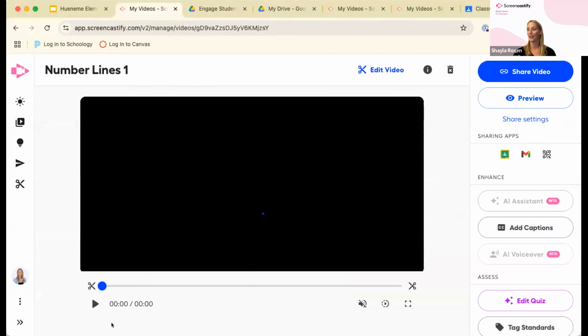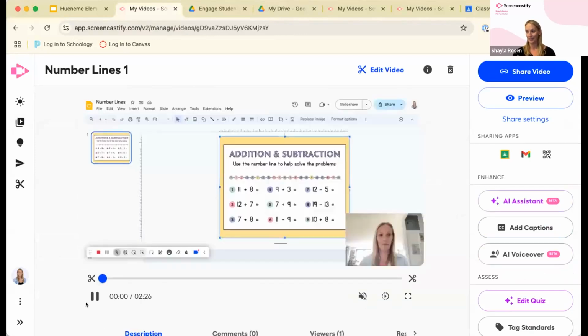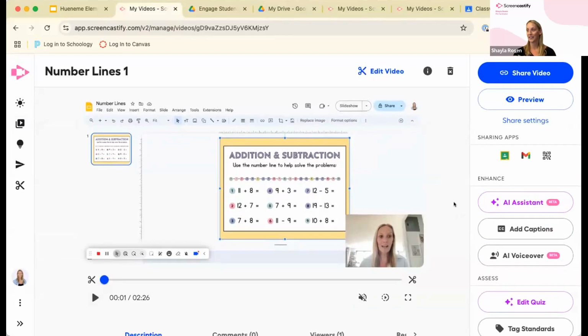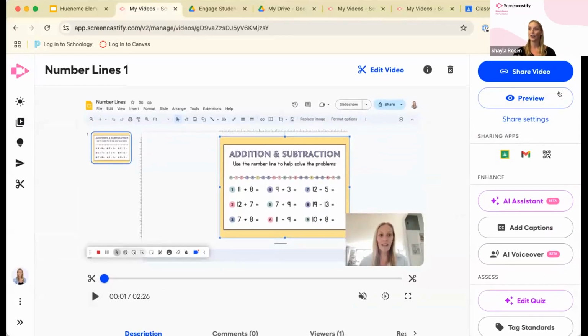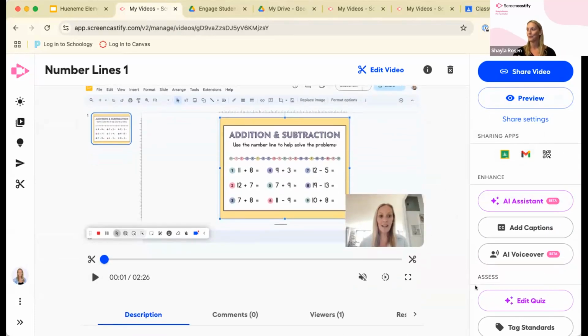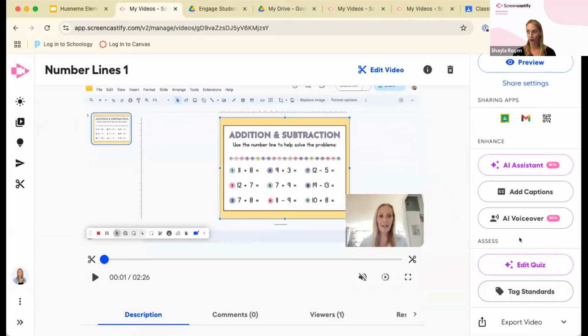So we're going to open a video I have that is not edited. When you open your video, you're going to see a page like this. You're going to see the option to share, preview, send it to your Google Classroom, use AI Assistant, AI voiceover, which is more for those who have the world language add-on, and how to create a quiz, tag